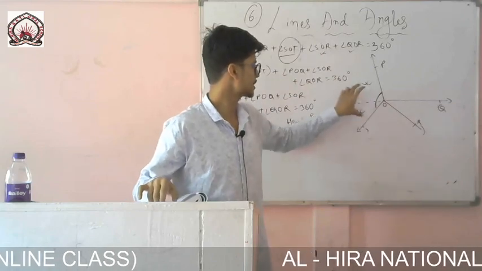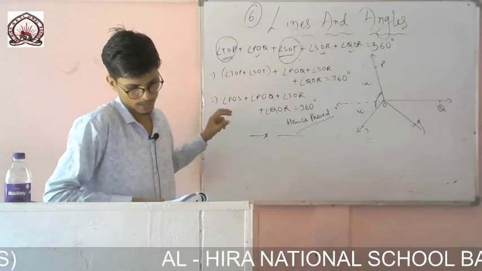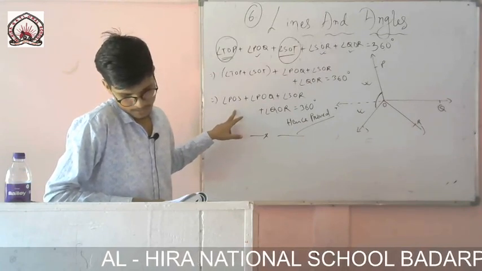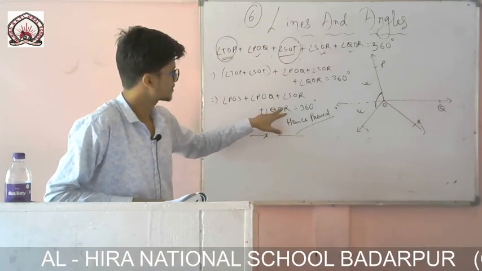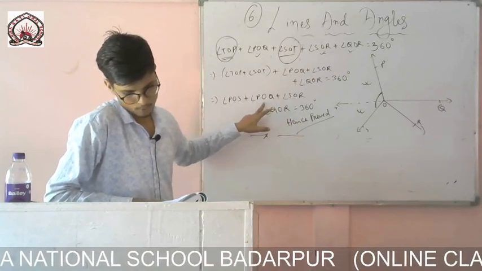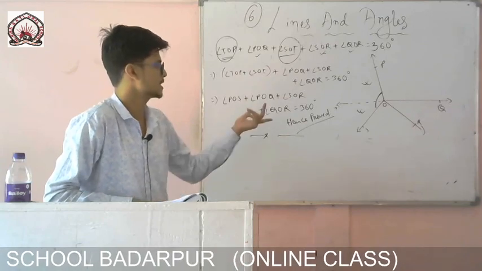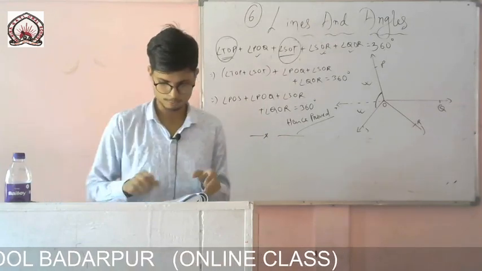So hence proved. These two are actually extra, so the sum of these two is equal to POS. So I have written POS. Now you match with the question. POS is there, yes. QOR is there, yes. Then SOR is also there. Then POQ is also there. If you want, you can arrange it as it is in the question and then write hence proved, or it's okay up to this much.